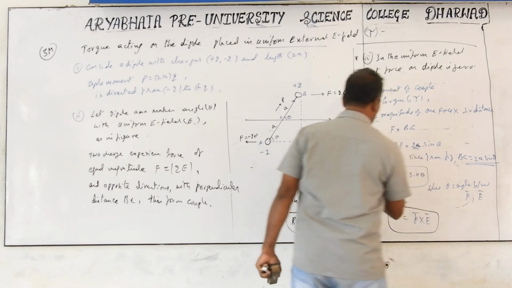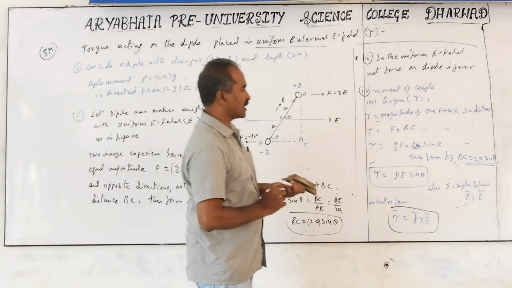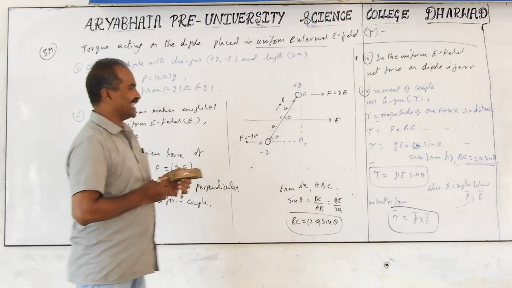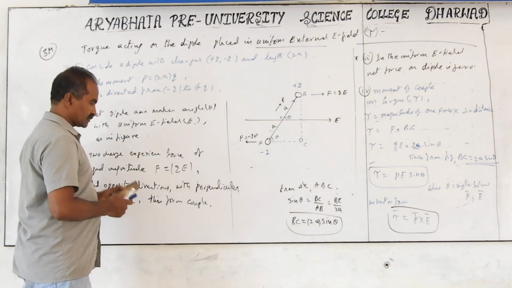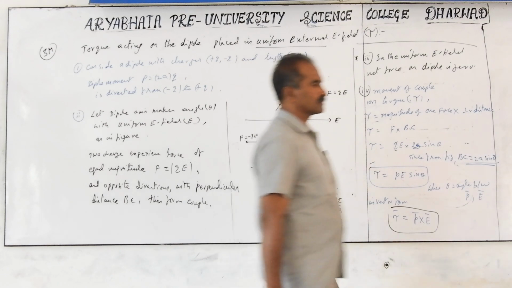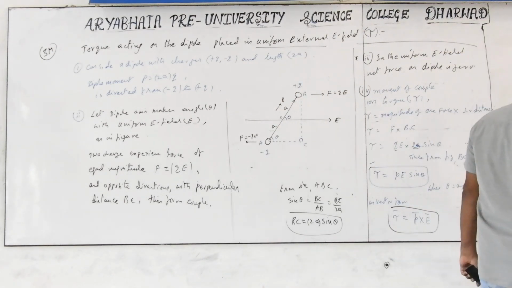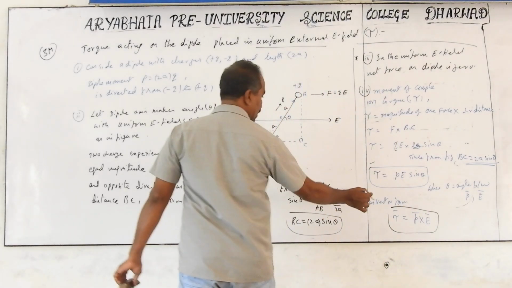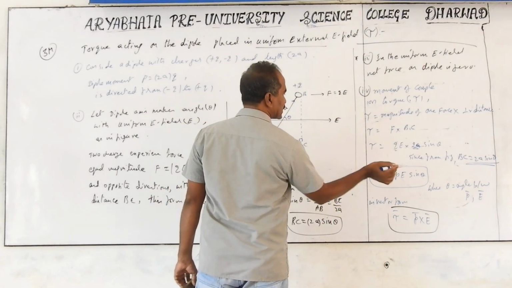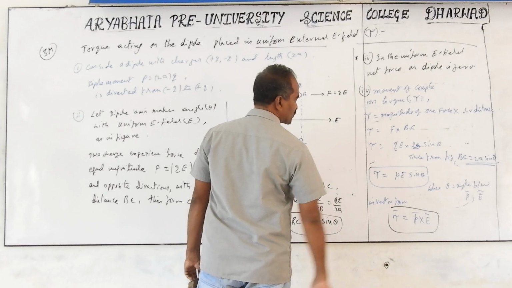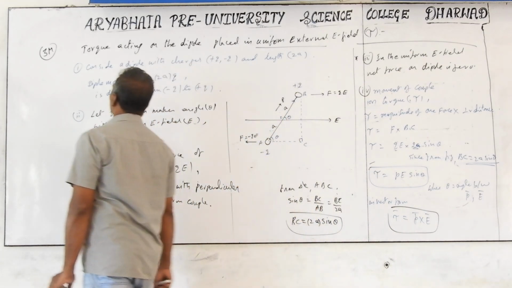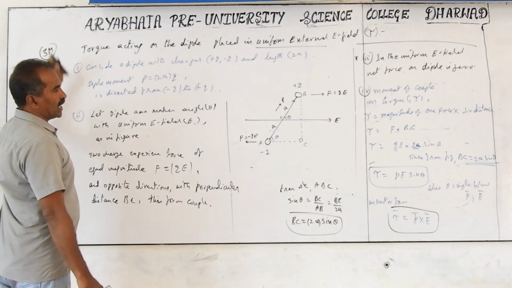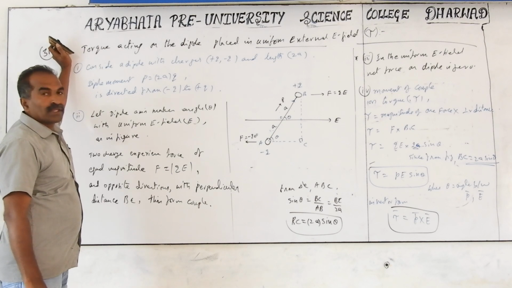And this formula is important; the numerical problems will be answered based on that. Tau equal to PE sin theta. In magnetism also you get the expression related to the torque on the magnet in the magnetic field. If you remember these formulas, that one will become easy because you directly substitute, converting from electric field to magnetic field. And this is a derivation for a 3 marks question.